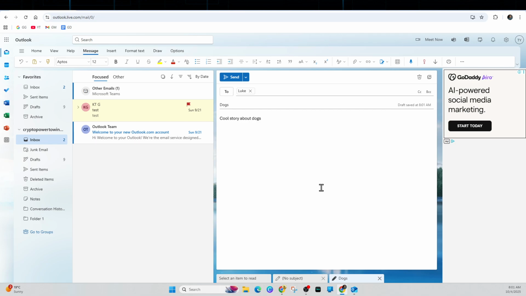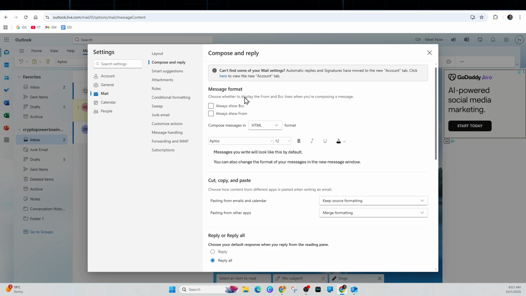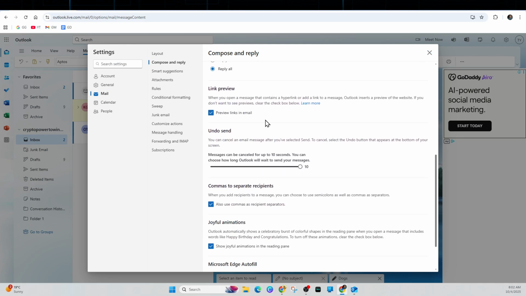Okay, so what we first need to do, I'm over at microsoft.live.com. We need to sign into our account and click on the gear icon. Now we need to get into settings. Now from here, click onto mail. And then on the right, we need to click on compose and reply, scroll down, and then where it says